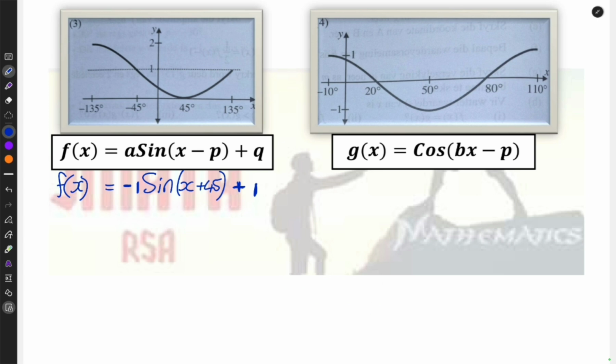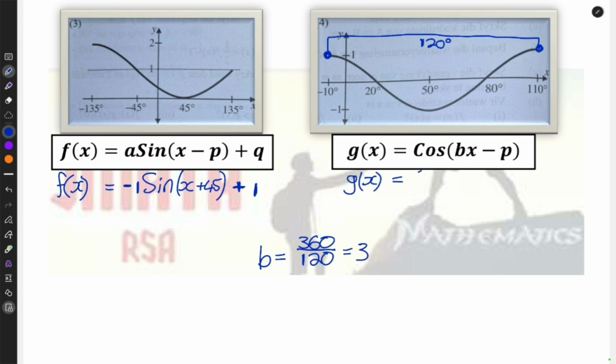So firstly, let's see what the period of this graph is. So the period should have been from 0 to 360, but in this case, it is from minus 10 to 110. So I'm just looking from one maximum to another maximum, and this distance is 120 degrees. So remember I said I can find the B value by saying what it should have been divided by what it is now, and therefore the B value is just 3. So I can say g(x) is equal to cos of 3x,